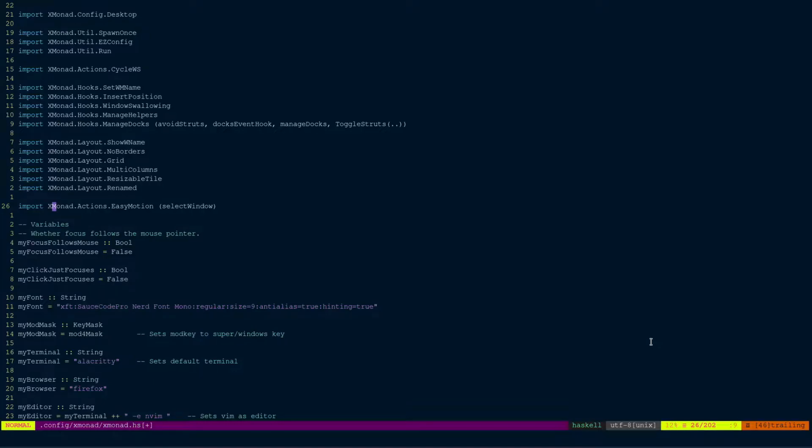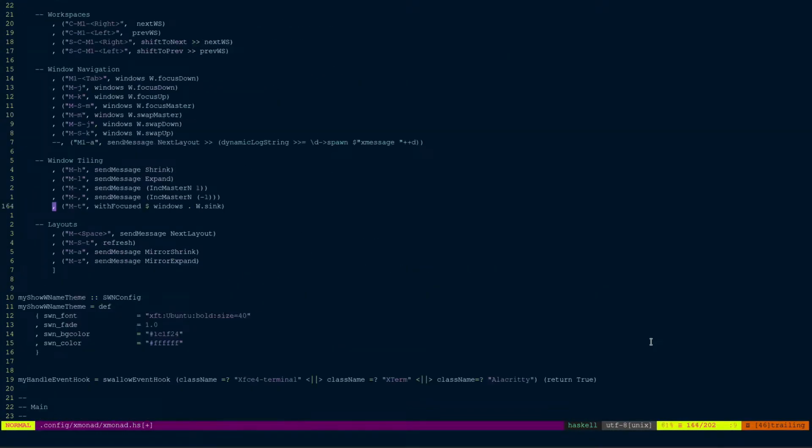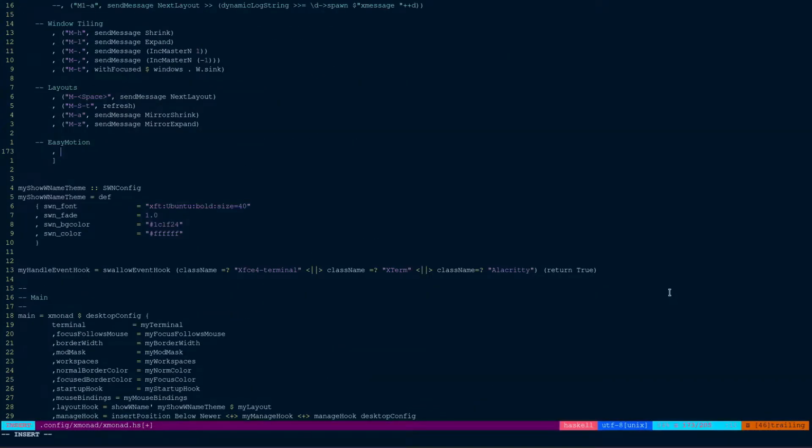So we are looking at my Xmonad config, and the first step to enabling EasyMotion with its basic functionality is to add this import which you see on line 26. Import XMonad.Actions.EasyMotion and the selectWindow function from that. Once we have imported that, we can go down to our key binding section and add the key bindings for EasyMotion. I would like to add two key bindings, and the first one is bound to my mod key and the S key, and on this key binding we are calling the selectWindow function which we have just imported from EasyMotion,